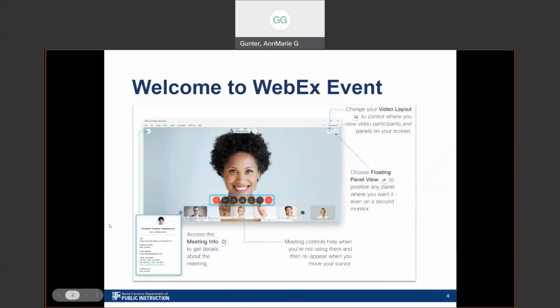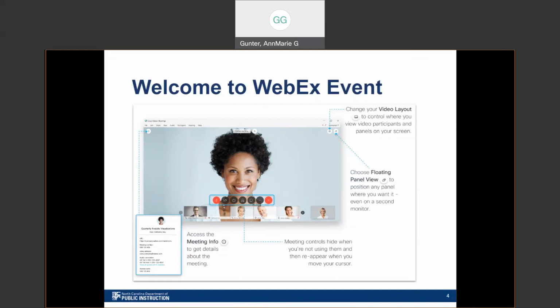Today we're using our Webex Space. I know some of you are very familiar with that, with our broadcast this year, but others may be new to it. Here's a slide that shows what the visual display looks like for your control panel. Your particular display may look a little different depending on what type of device you joined us with today or what browser you chose. But in general, you'll see that starting in the upper right corner, there's a place where you can change your video layout. You should just be seeing our slides as we go through this today. And then you can choose a floating panel view and change things around. There in the middle of the screen are the meeting controls. Those are hidden when you're not using them and then reappear when you move your cursor over the screen.